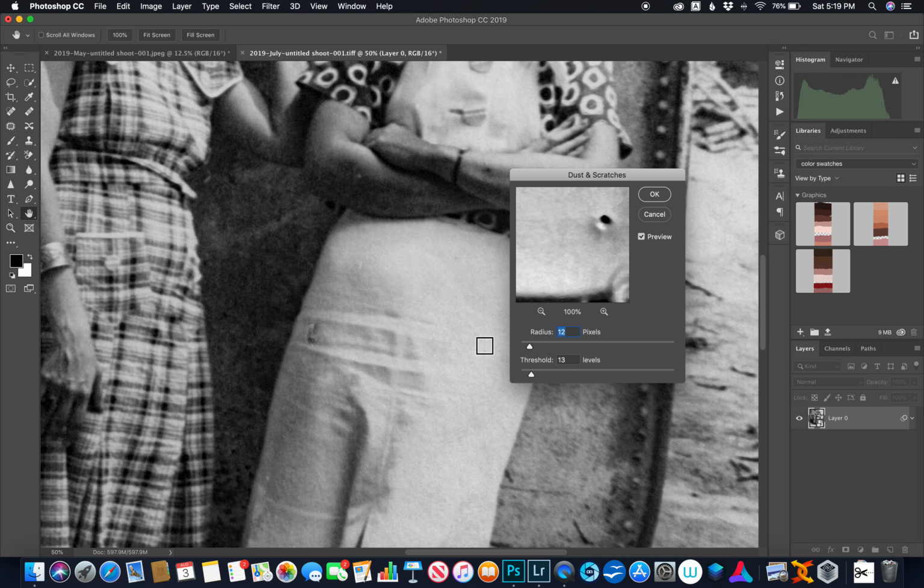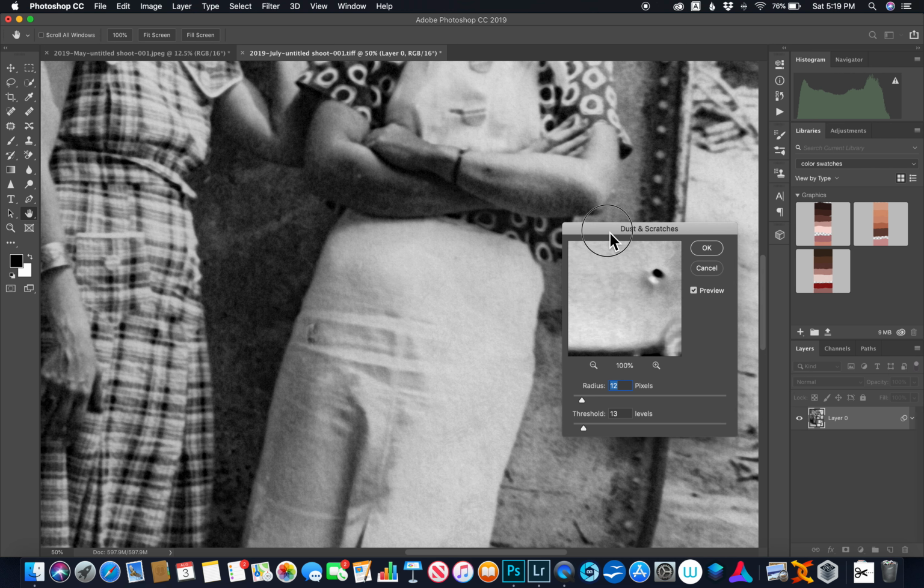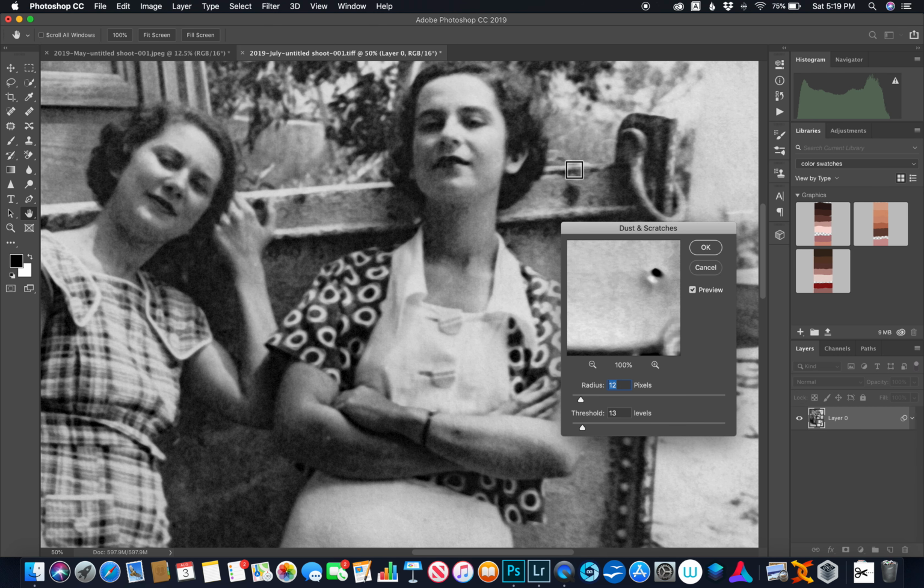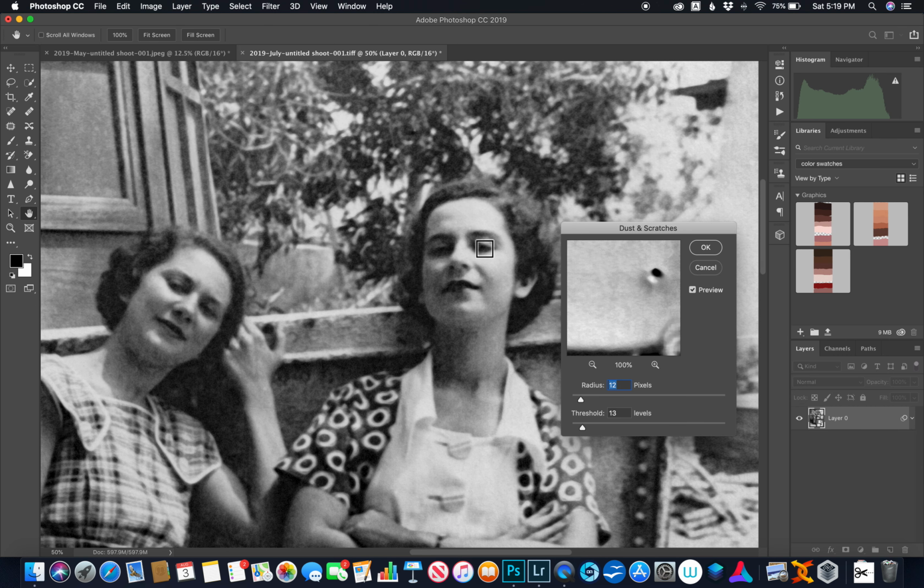Okay. Now at this point, it's gotten rid of a lot of dust spots. As you can see, if I do the preview on and off, they come back through here. You see the dust spots, and if I put the preview on, a lot of those dust spots have gone away. So with this one tool, I was able to do a pretty decent job of removing dust spots. The thing that you have to watch out for, though, is a lot of times